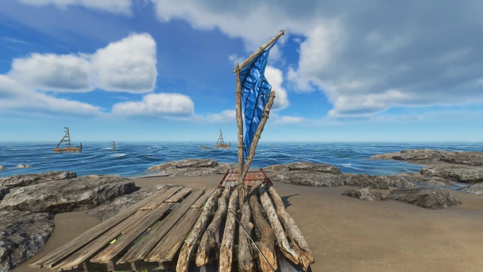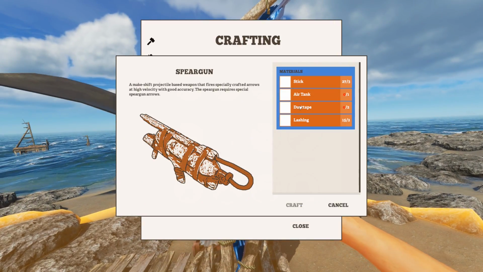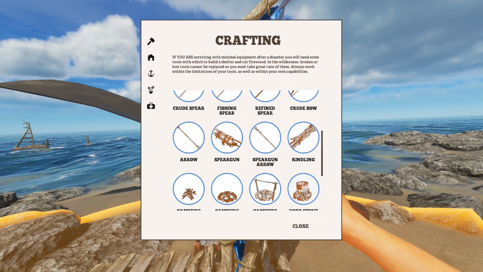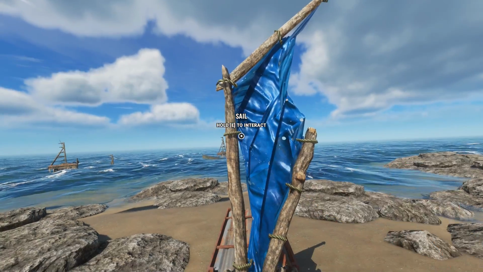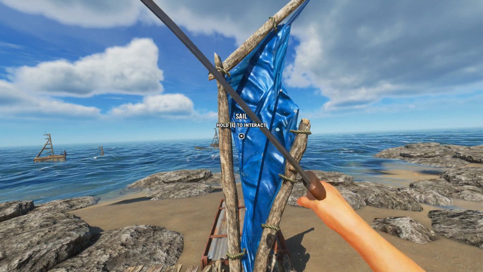Now, what I'm worried about is that I have to restart the game because they added an air tank, which you need to make a spear gun. You can see it here, air tank. And I don't know, it's a new loot item. An air tank, as far as I know, didn't exist before. So I hope that loot is